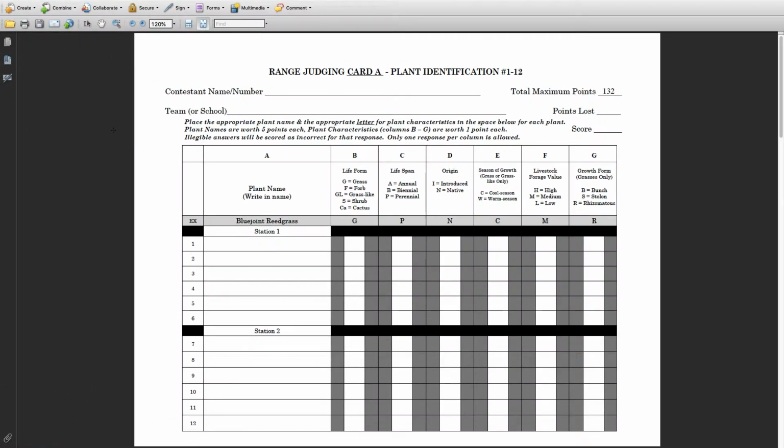Okay, we're going to talk through the Nebraska Range Judging Contest and how to fill out the card and what you get when you go to the event. When you go to the event, you're going to end up with